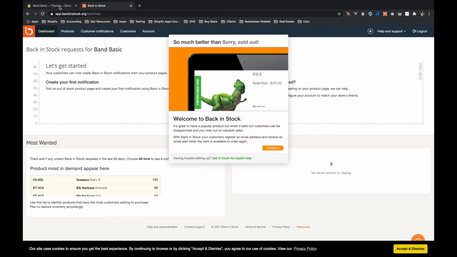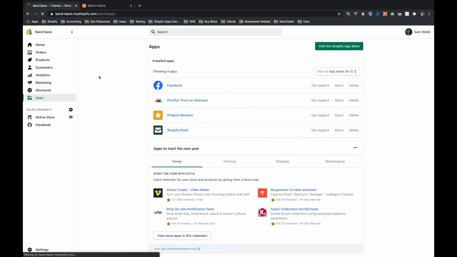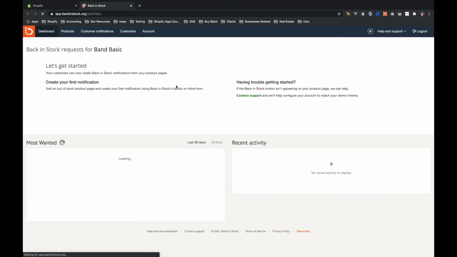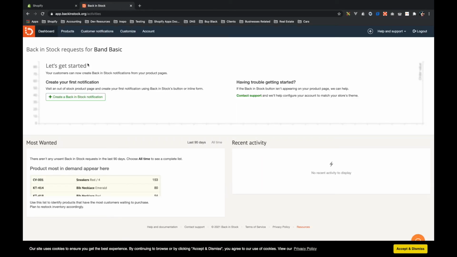So if I go back to my store and refresh this page, you'll now see that we have back in stock right here. And let me close this other tab. If I click this, it opens me up into that same dashboard that I was just in. Depending on the app that you install, they might have specific instructions that you need to follow. They might have some specific code that you need to put into a specific file, or you might have to run through some sort of setup within here. But at this point, for us, back in stock is already set up. It's already installed whatever it needs to install on our front end, and so now we can just test it